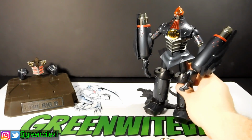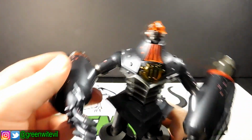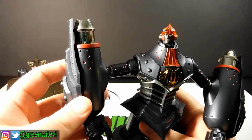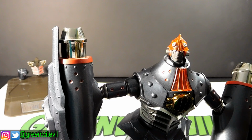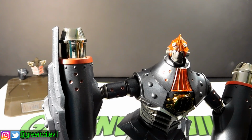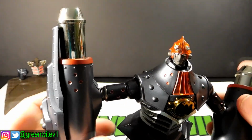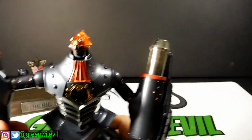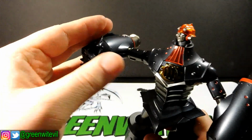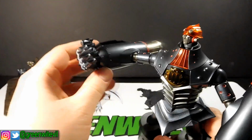Alright, so let's bring him back over here and show you one of his cool features after showing you the box. So, it has Sudden Impact, which is in the show, when Roger would use one of his finishing moves on an opponent, these pistons would pop up, as you heard it lock. I'll do it to this one too. These pistons would lock up. Big O would get in a fist, like so. You get in a fist, and then when he punched his opponent,